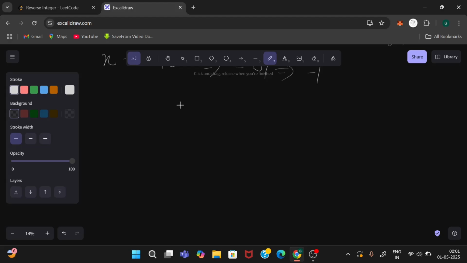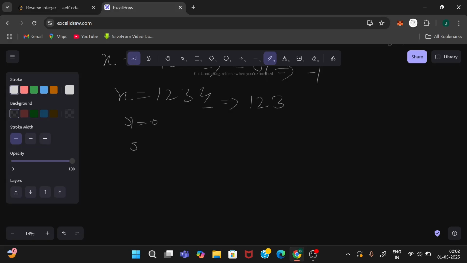Moving forward, let's see what our approach is. Suppose we are given an x value 1 2 3 4. Our logic is that we will extract one digit at a time from the value. Let's suppose we have an initial variable r equals 0. Now let's extract 4 using the modulo operator. Then the remaining will be 1 2 3 and we have the 0.